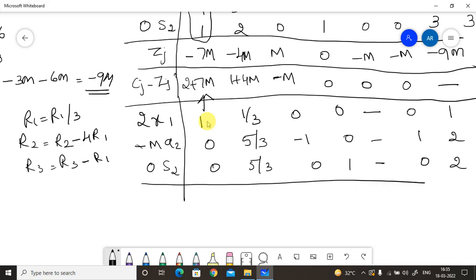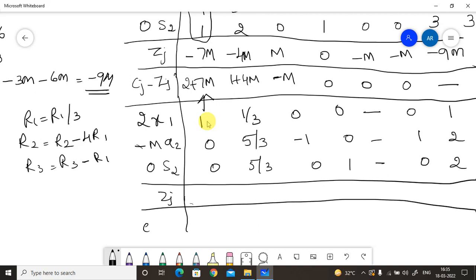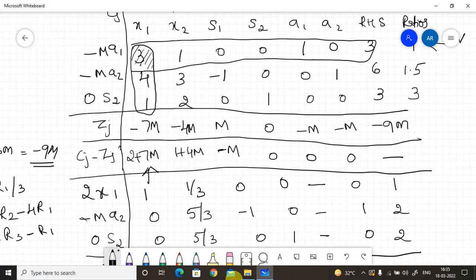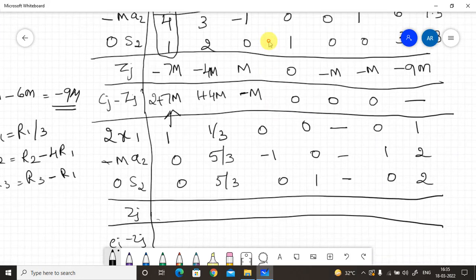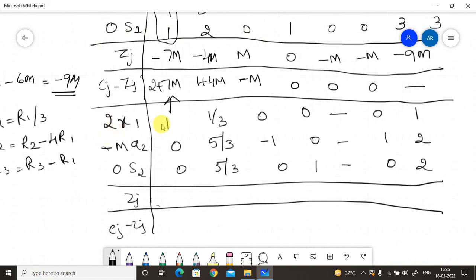Now we have to calculate the new set of Zj and Cj minus Zj. Cj will remain the same, only the Zj values are changing. Cj is the same: 2, 1, 0, 0, minus m. Now only Zj. How will you compute it? 2 into 1 is 2, plus minus m into 0 is 0, plus 0 into 0. So Zj is 2. Next, 2 into 1 by 3 is 2 by 3